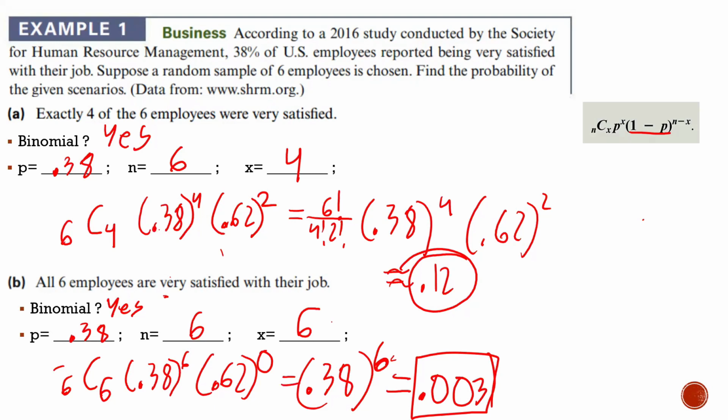One point to notice: when you're doing the same scenario but asking about different parts, the value of X often changes while the other numbers